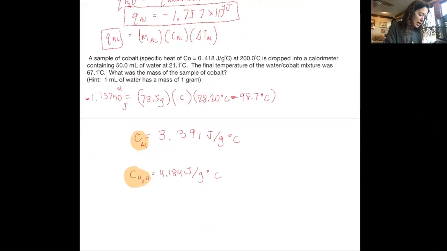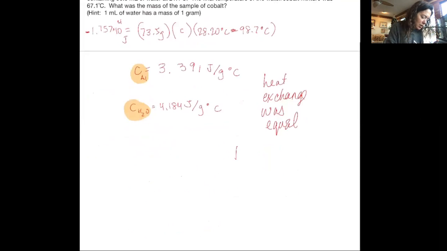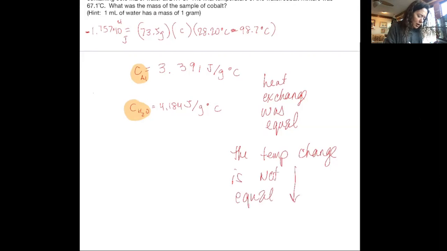Even though the heat exchange was equal, right? Because that's the law of conservation of energy. The temperature change is not equal, right? The temperature change is dependent upon specific heat values,